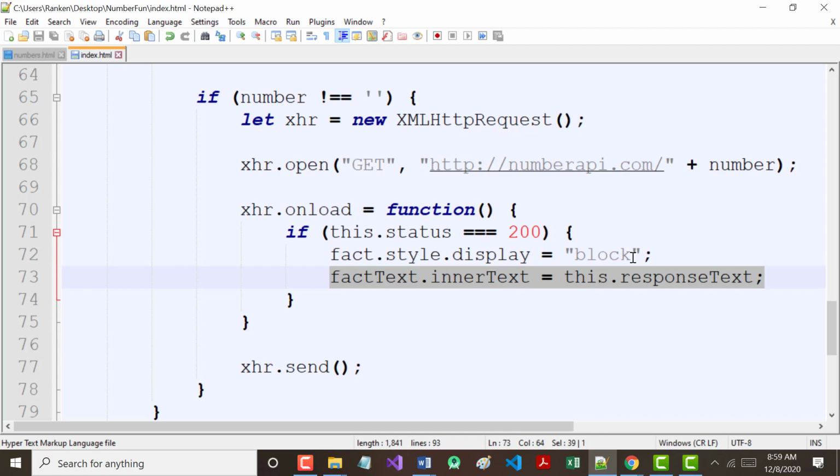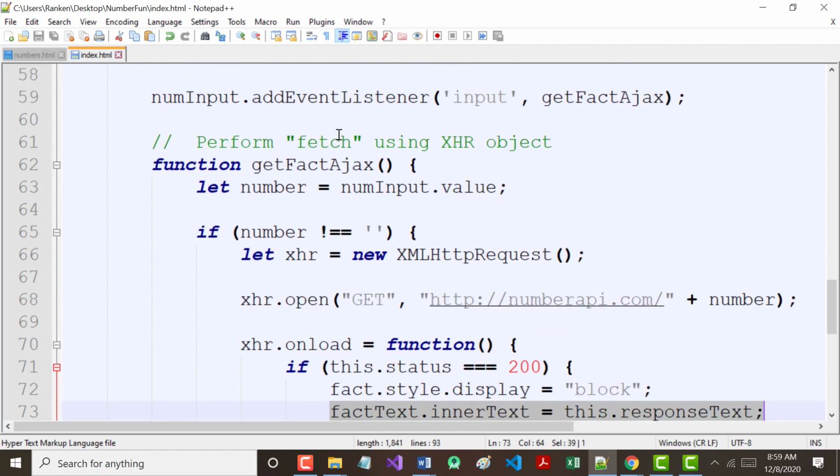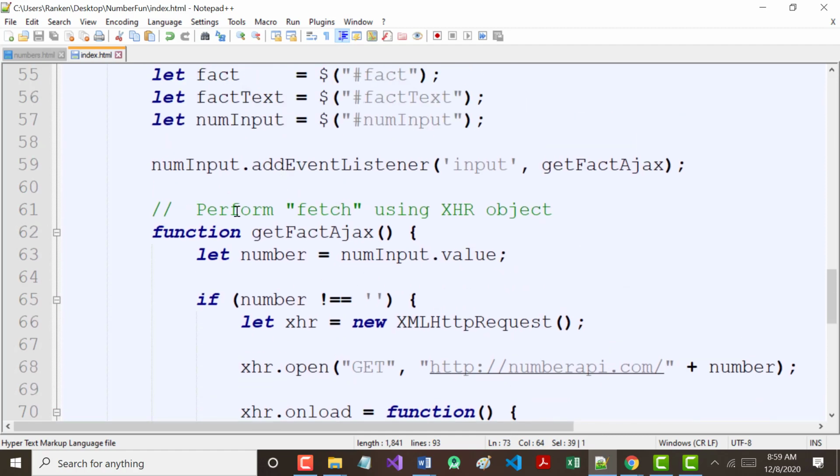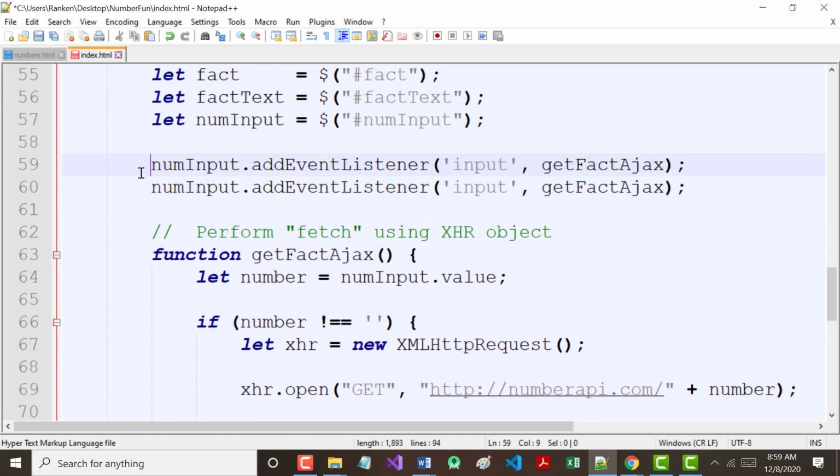So that'll work fine. You already saw it work. I think everybody agreed with that. So what I'm going to do, you don't have to do this, but I'm going to copy this line, paste it right underneath, and I'm going to comment out the first one. Why? Because now we're going to